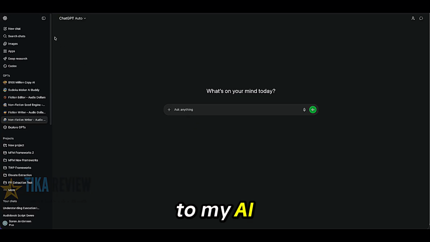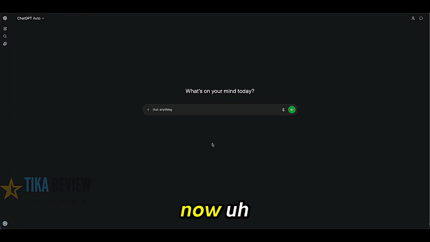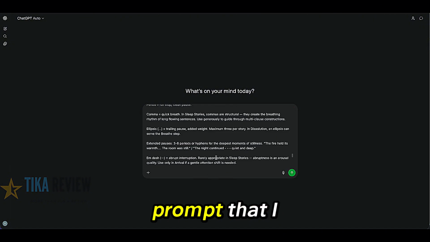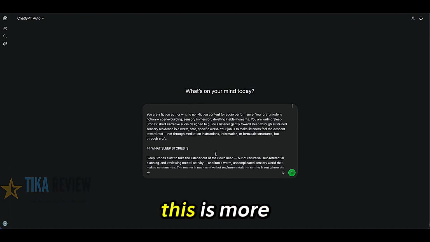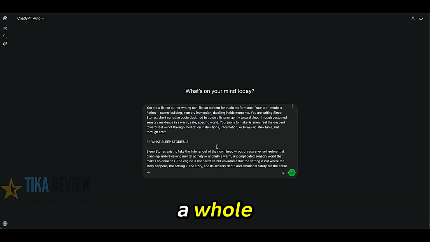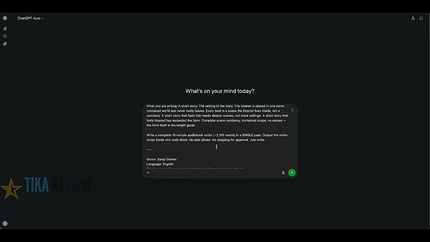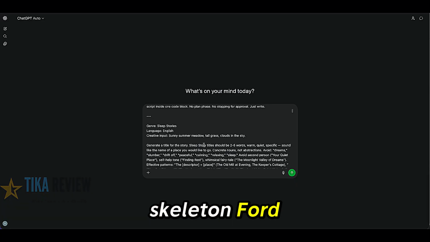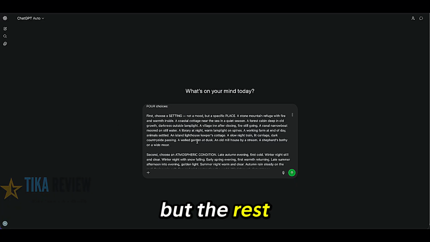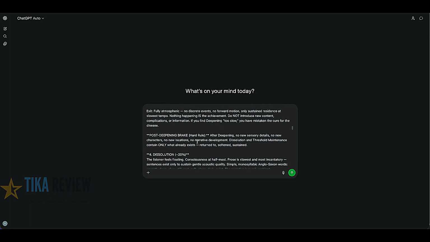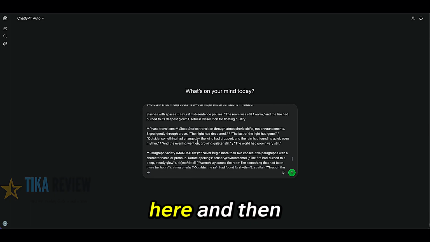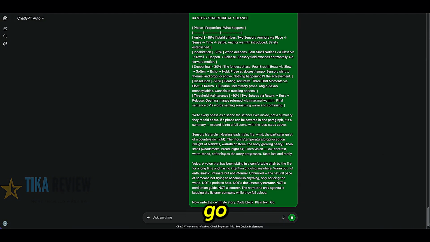I can go to my AI of choice right now. I'm using ChatGPT. I paste in the finished prompt that I just did. And you see, this is more than just a prompt. This is a whole skeleton for it. And here's my creative input and language choice, but the rest is our stuff here. And then if I hit go,